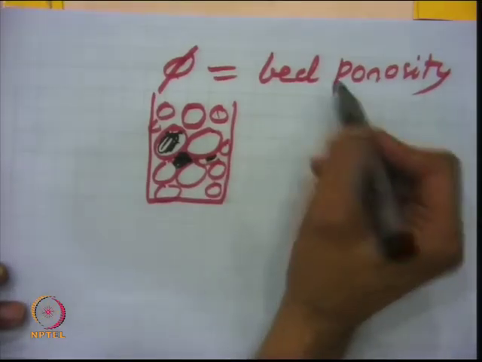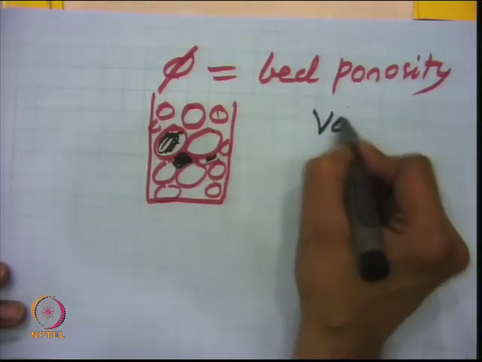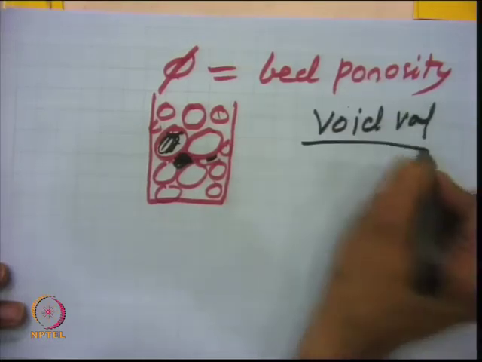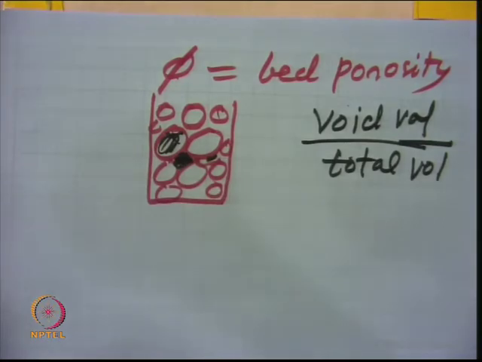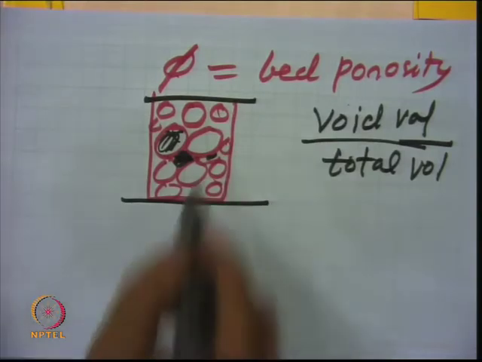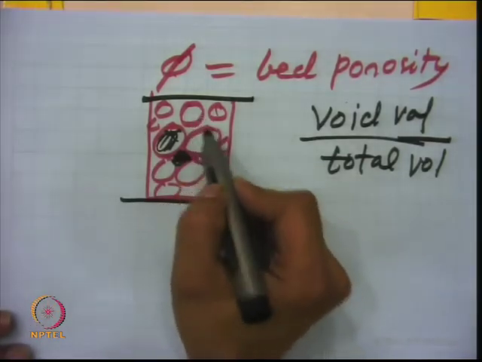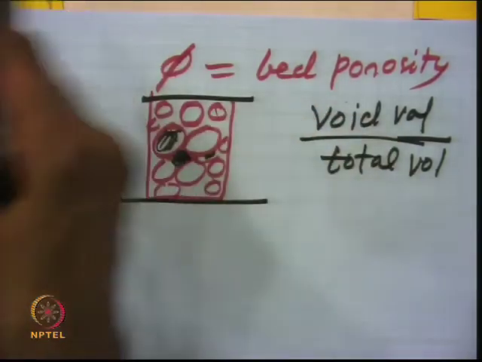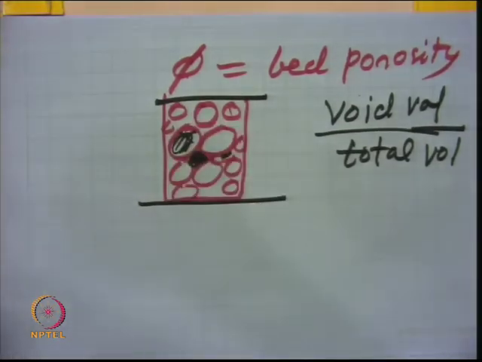So, it means this bed porosity, if I say is phi, it is nothing but the void volume divided by the total volume, and I am talking in terms of the reactor, based on the reactor volume. But actually if you look at based on mass of the catalyst, suppose if I crush it, if I make a powdered catalyst, then this void will be approximating to 0. All the particles are closer together, the pressure drop may be an issue in that case. Then if you tap it, that will be a true density of this particle.